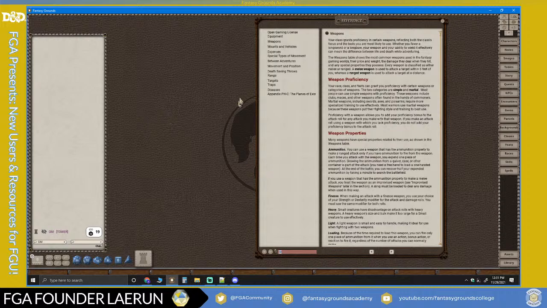So if you want the monster manual or something like that, you still have to have at least a basic license. If you don't want to buy anything and you just want to be a player, you can connect to a host or somebody that owns everything and play on their table on their time, and you can make characters and everything else. So this depends on what you're going to do.